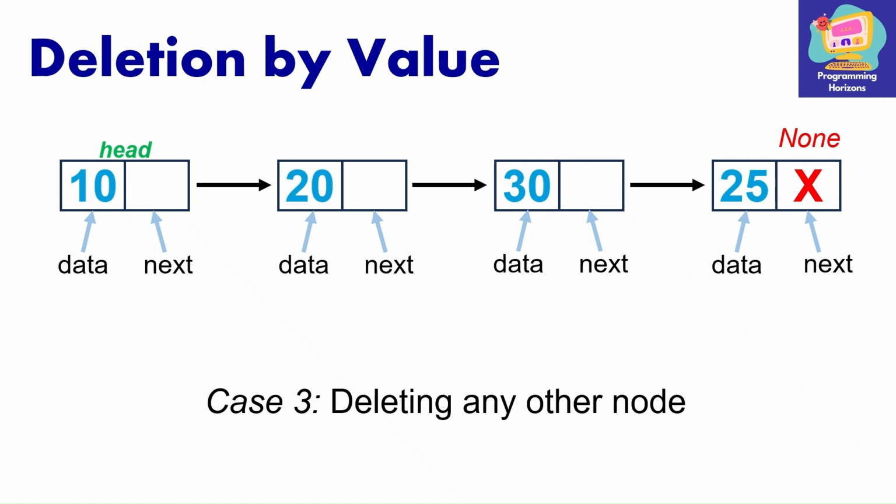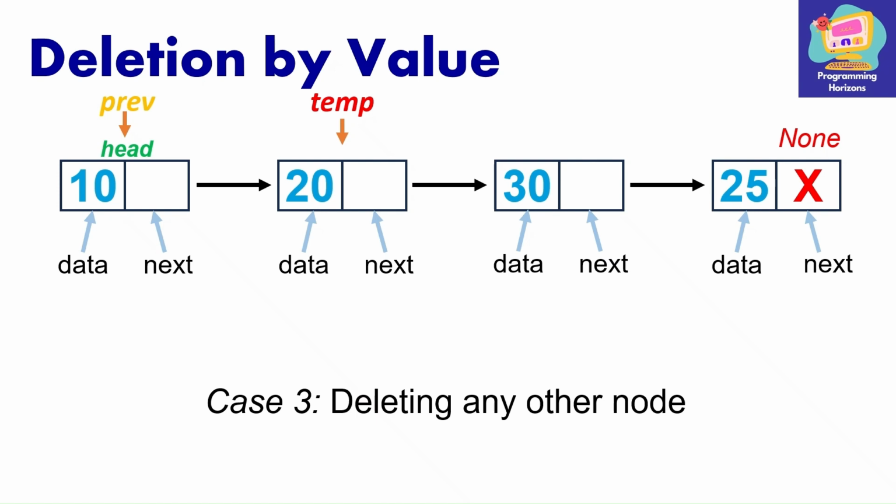So let's suppose that here I want to delete node 30. In this case, I will have to traverse the entire list in order to reach the node that I want to delete. So I will maintain 2 pointers, previous and temp. Temp will always keep track of the current node, while previous will keep track of the previous node of the current node. Initially, when temp is pointing to head, previous will be none. But as we jump to the next node, temp will be updated by the second node's address, while previous will be updated by the first node's address.